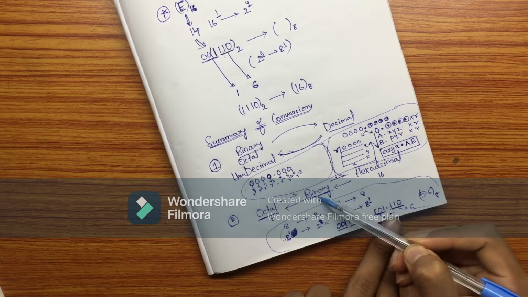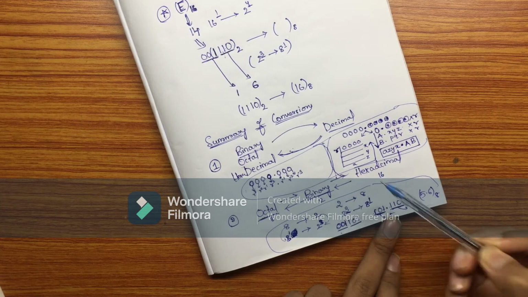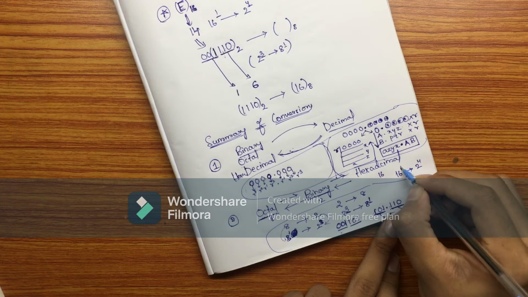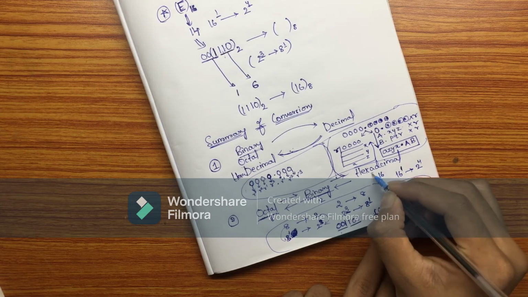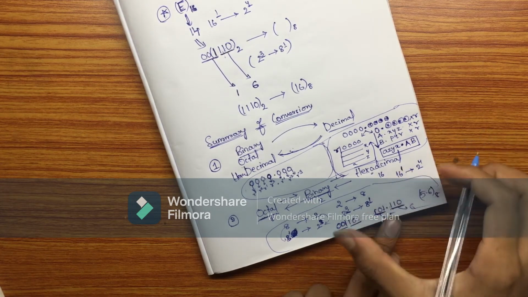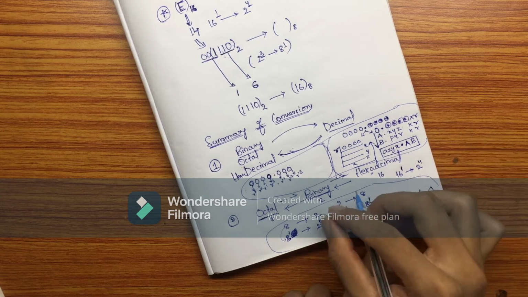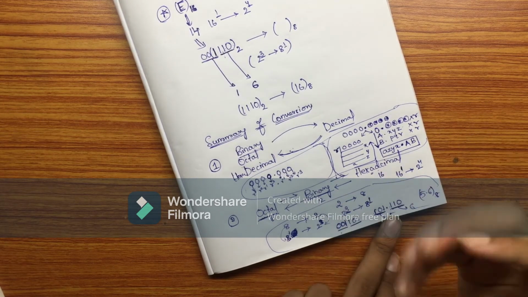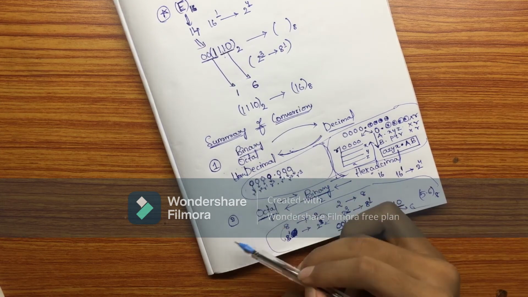So hexadecimal to binary, how to do this? 16 power 1, 2 power 4. So one digit you will take from this hexadecimal and you will put to 4 digits of that equivalent in binary form. Okay, that is hexadecimal to binary. Every combination is possible if you learn these two methods.